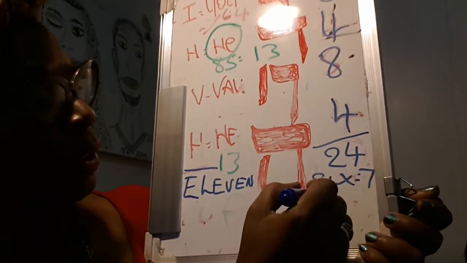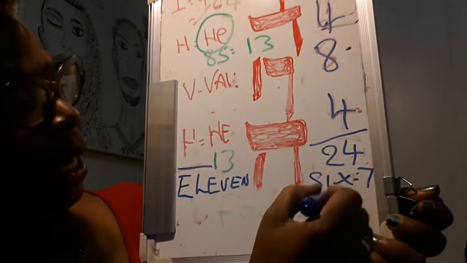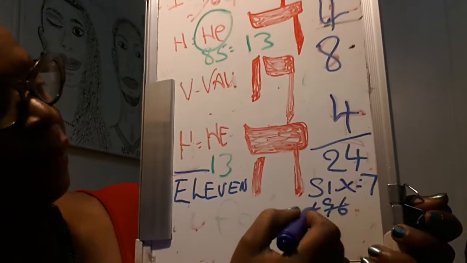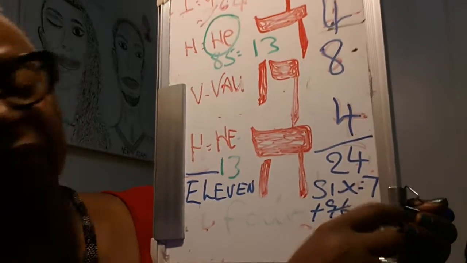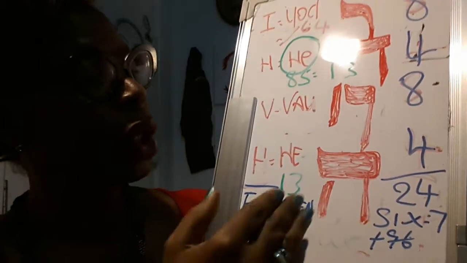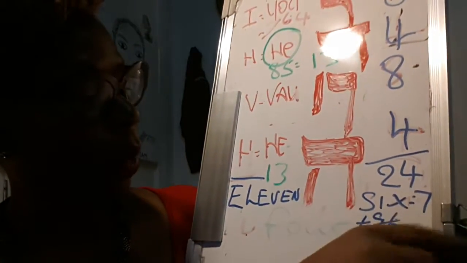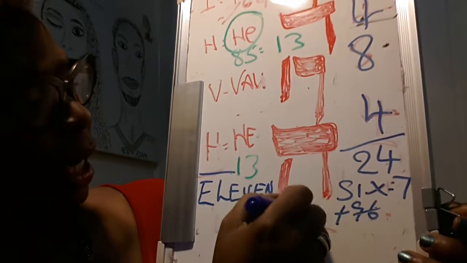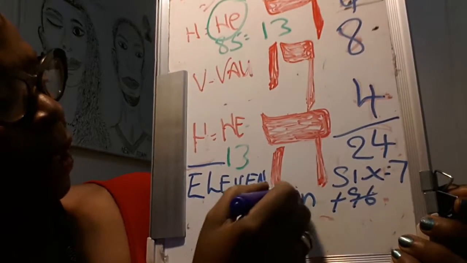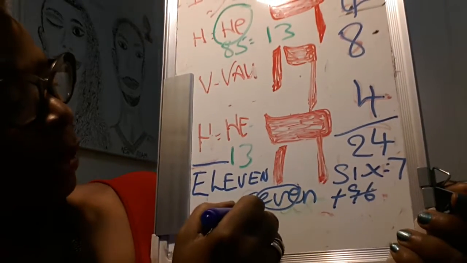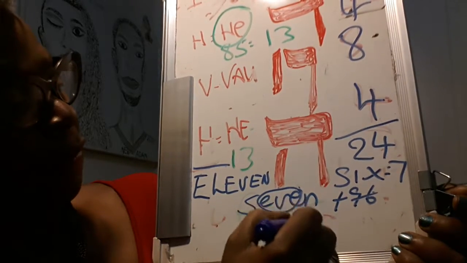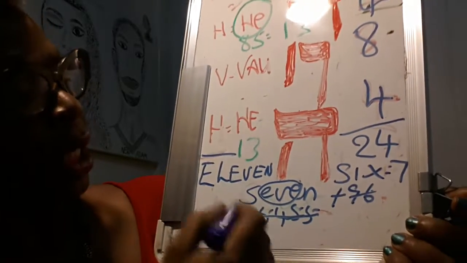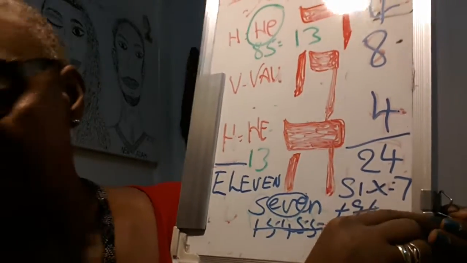In case you are new to this, we add 1 plus 9 plus 6, the numerical value of the letters. And of course, this is how we have 15, 16, 1 plus 6, it becomes 7. 7 becomes 20. Of course, when we write the word 7, S-E-V-E-N, here we have Mother Eve in the middle of it. 1, 5, 4, 5, 5. Adding this together gives us 20. Of course, again, if we did the numerical value for the word 20,